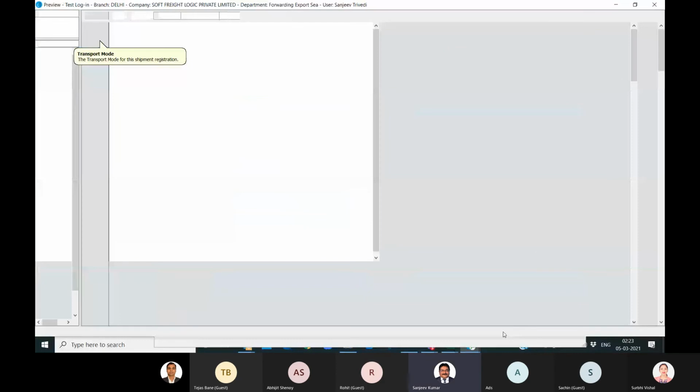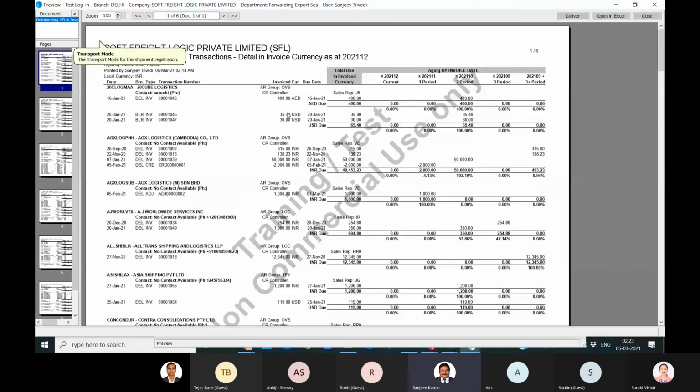You see, for this party, suppose this is the agent, whatever is the outstanding, it is showing here. And suppose your agent also has given their statement. So one can cross check from here, and if any entry is missing, one can pass the entry and match.